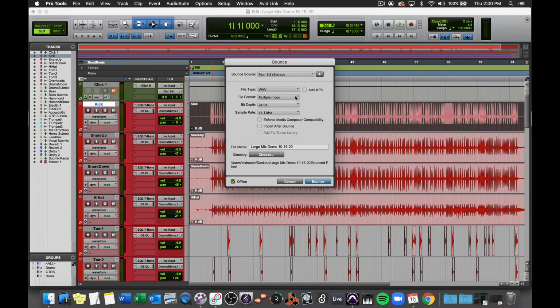File format is the big one a lot of people mess up. If you set it to multiple mono, it's going to give you a separate left and right channel. If you put it to summed, it's going to give you one file, but it's just mono. So you lose all the panning and delay information if it goes to the sides or whatever. So what you really want is interleaved, which is a left and a right file, but they're together in one